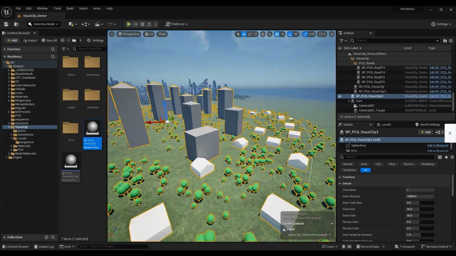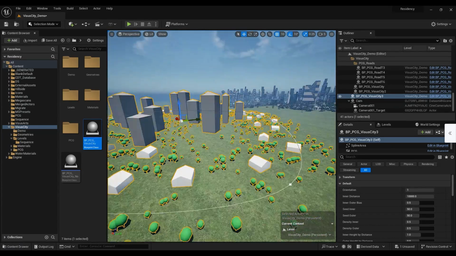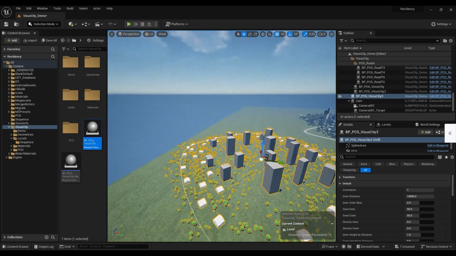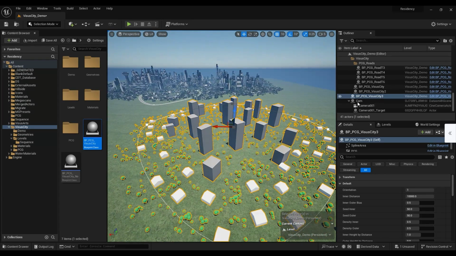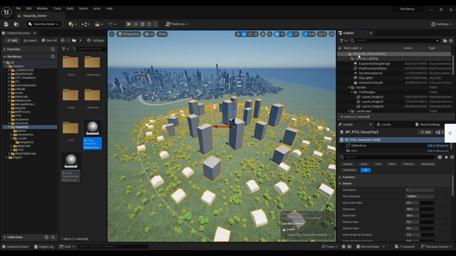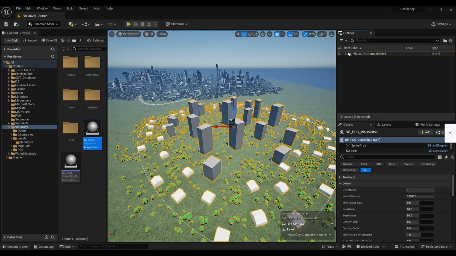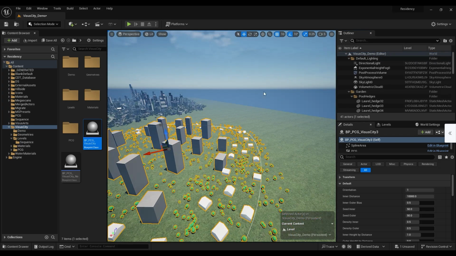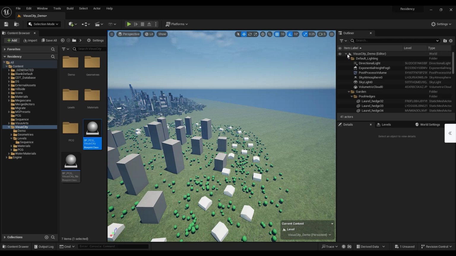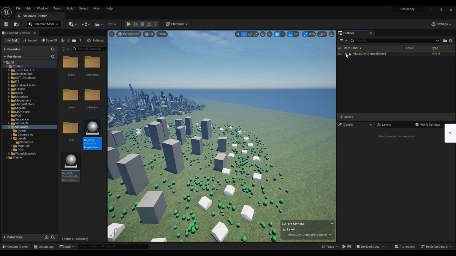So it drops it onto the landscape, basically. So this is where it gets a bit tricky, but let me just try and explain. If you press Shift, drop, and then just click. So it's Shift, click, then you